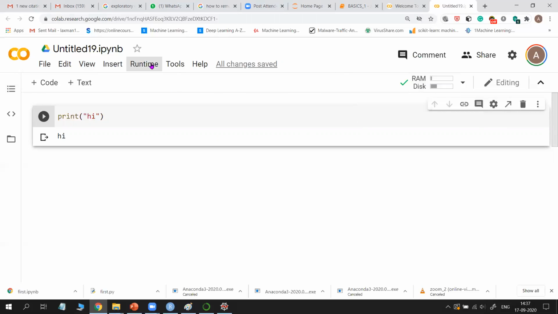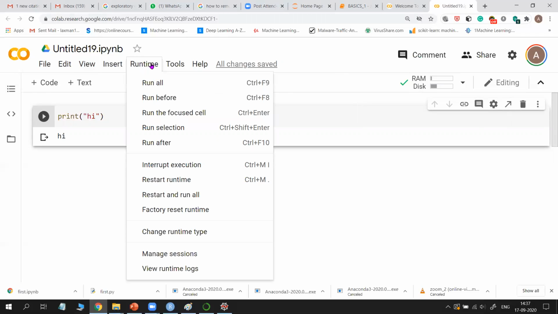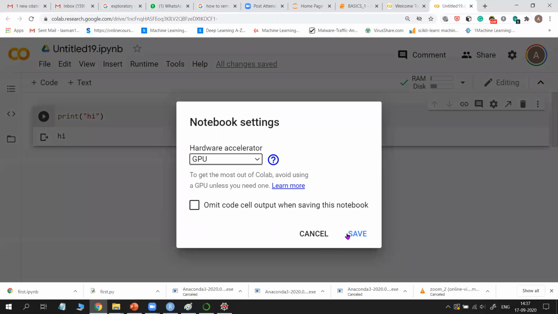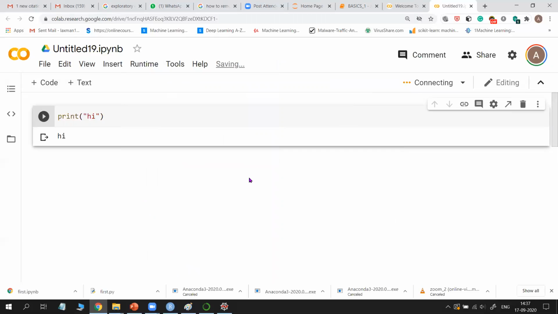And one more thing, you can also use GPUs and TPUs using Google Colab. For example, if you go to Runtime and click Change runtime type, it will show you what it is using. None means nothing, it is using our simple system hardware, that means CPU. But if you select GPU, yes, you can use GPU also. If you are doing a deep learning project, you select GPUs, and TPUs can also be selected. But one more thing: GPUs are not allocated all the time. If GPUs are available, they are allocated; otherwise it shows only CPUs are allocated.